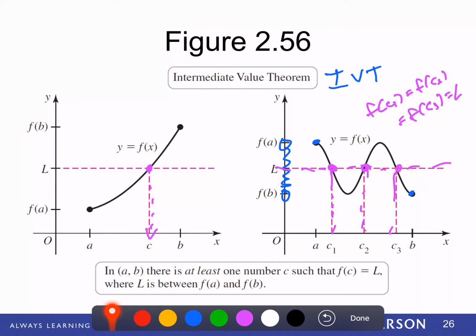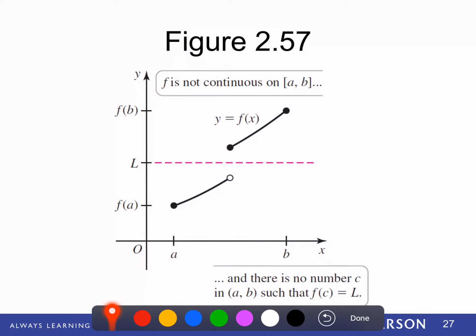This one shows what happens if the function is not continuous. If there's a discontinuity, then there is a possibility that I pick up the pencil and go across here. So again, I have f of a here, f of b there, talking about the region between f of a and f of b. There is a value for L where there is no spot on the graph where I cross that purple line. So this would be a situation where the intermediate value theorem does not hold because the